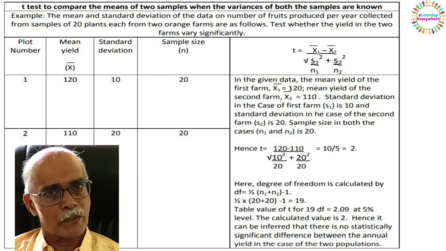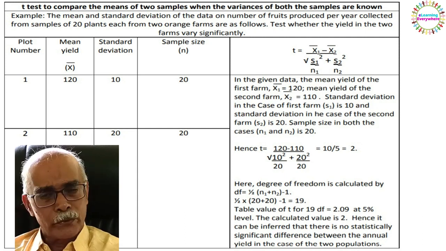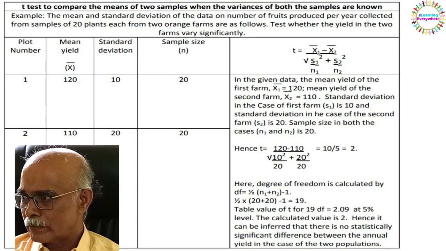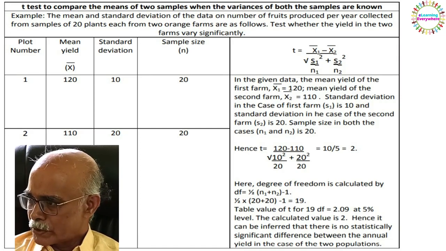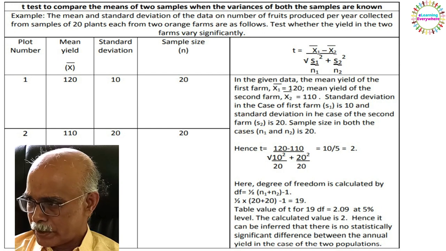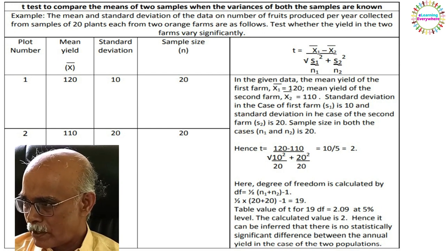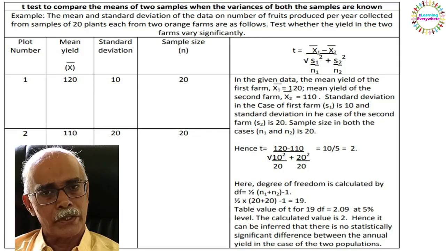Something similar to N minus 1 also. Since there are two N values, it is 1 by 2 into (N1 plus N2) minus 1. So in the present experiment, it is 1 by 2 into (20 plus 20) minus 1, and you will get 90 as the